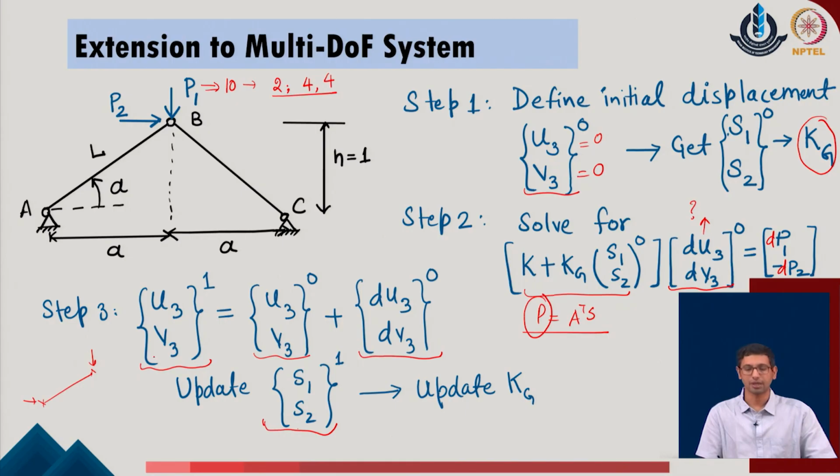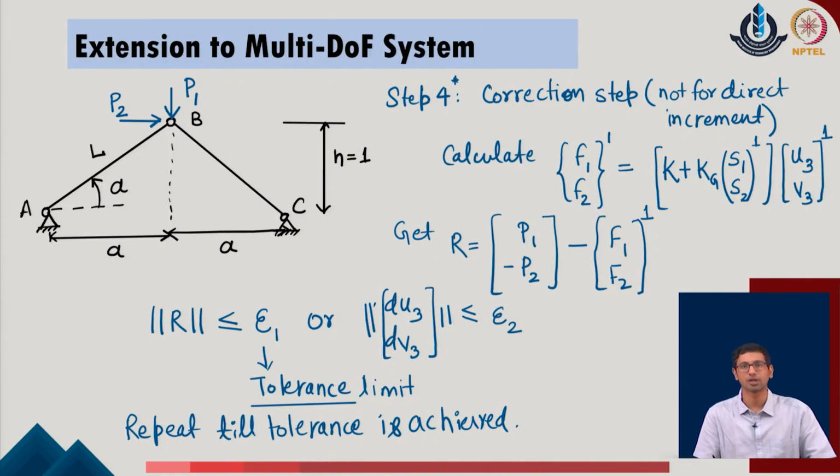So, what does it mean? Once we have obtained the values of the forces which are active in the direction of P1 and P2 from this updated value of the given system, we will realize that the net sum of the forces coming in the direction of P1 and P2, or the incremented values, are not the same as the actual increment which we applied at the beginning. And that is what we can also do in a different manner. We can come up with the idea that